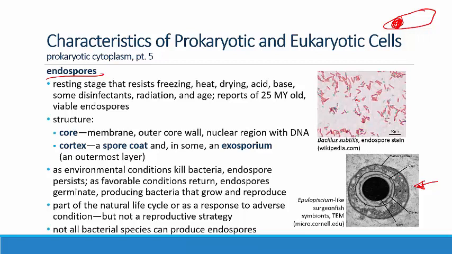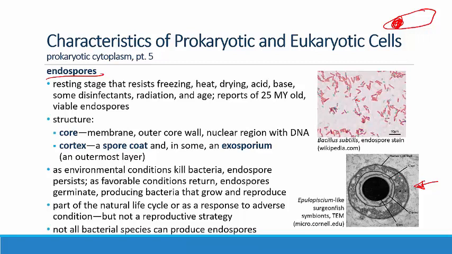So as environmental conditions are degrading, some bacteria will produce an endospore inside their cell, and when the bacteria die, the prokaryote cell ruptures, and the endospore is released into the environment, and it will persist there. As favorable conditions return, the endospores can germinate, and that will produce a bacterium that will then go back to growing and reproducing. So I want to be really clear, this is not a reproductive strategy. If it were reproductive, then the cell would be making a whole bunch of endospores. This is just a mechanism by which the cell can outlast bad conditions and then come back to a vegetative